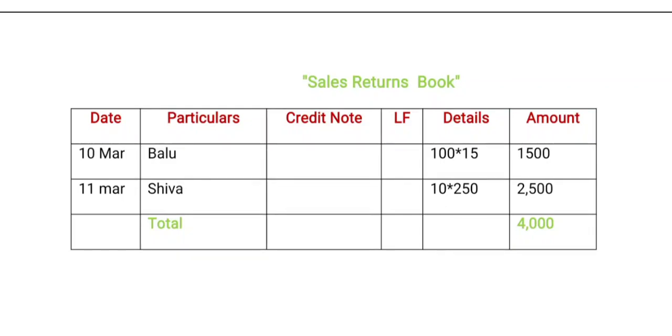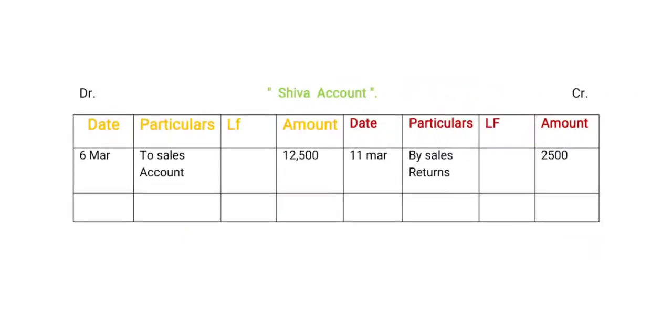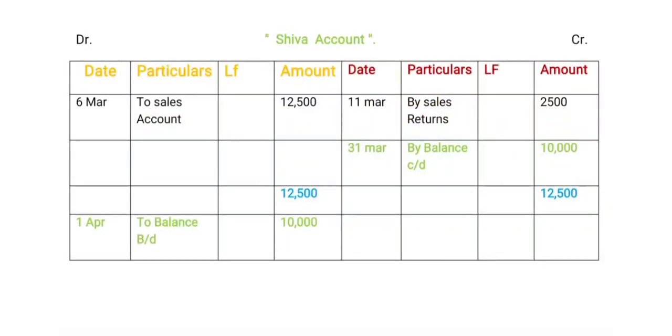Sales return account is complete. Now we are going to the Shiva account. To the credit side of the Shiva account, date column 11th March, by sales returns 2500. Here there is no related transaction to the Shiva account. That's the reason we find the balance. The debit side amount is greater than the credit side amount. That's the reason we are taking both sides